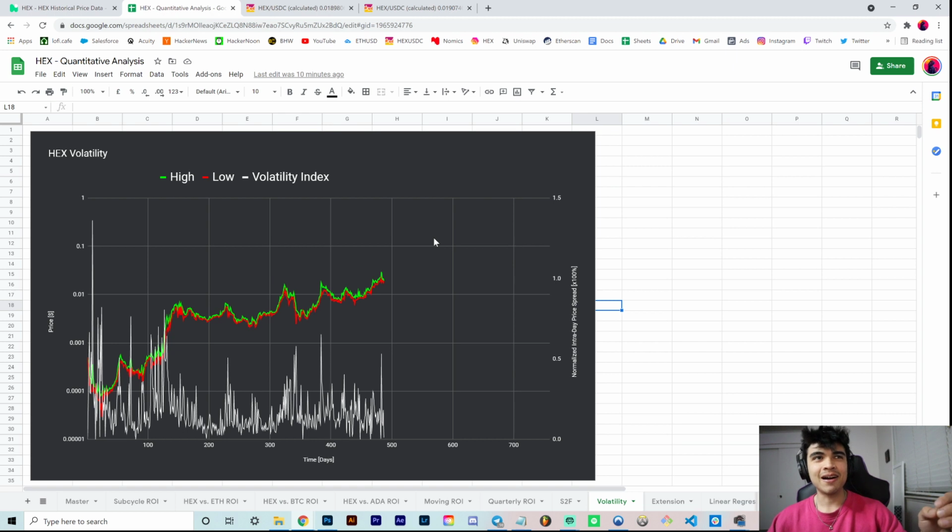We're almost there. But with that said, let's go ahead and dive into this analysis. So this is my custom indicator, which I'm calling a volatility index, and it's super simple, right? The curve of the hex price here will be a hint as to what this volatility index actually is, mathematically